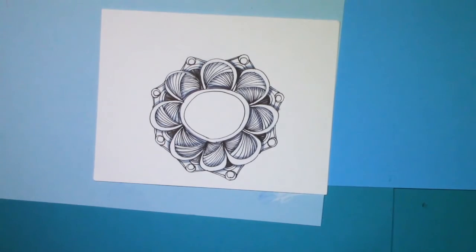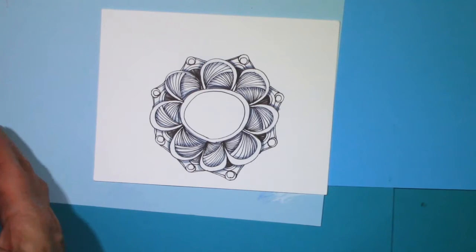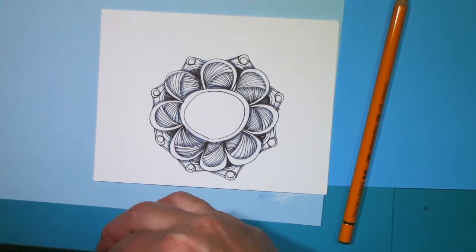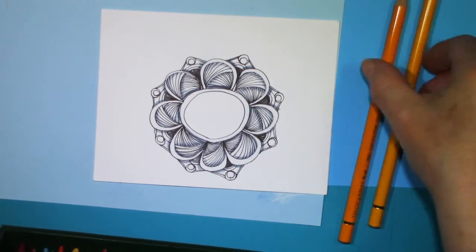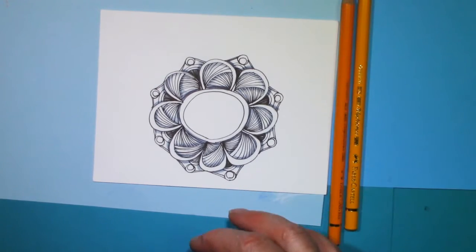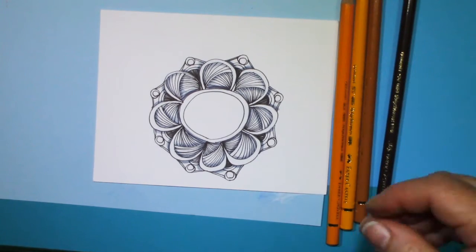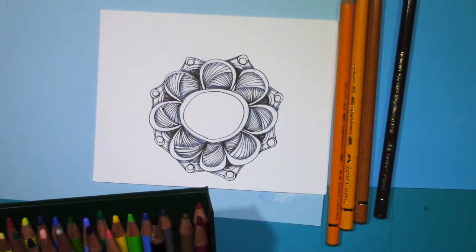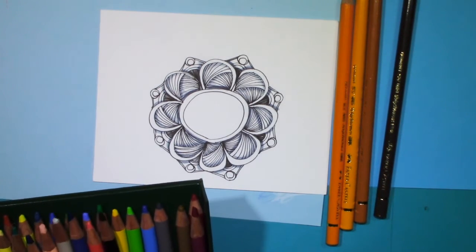We are now going to start working on the tiger eye. Now, tiger eye is a great stone. It is lots of beautiful colors, mostly in your golds and browns and yellows. It's a type of quartz that actually grew out of